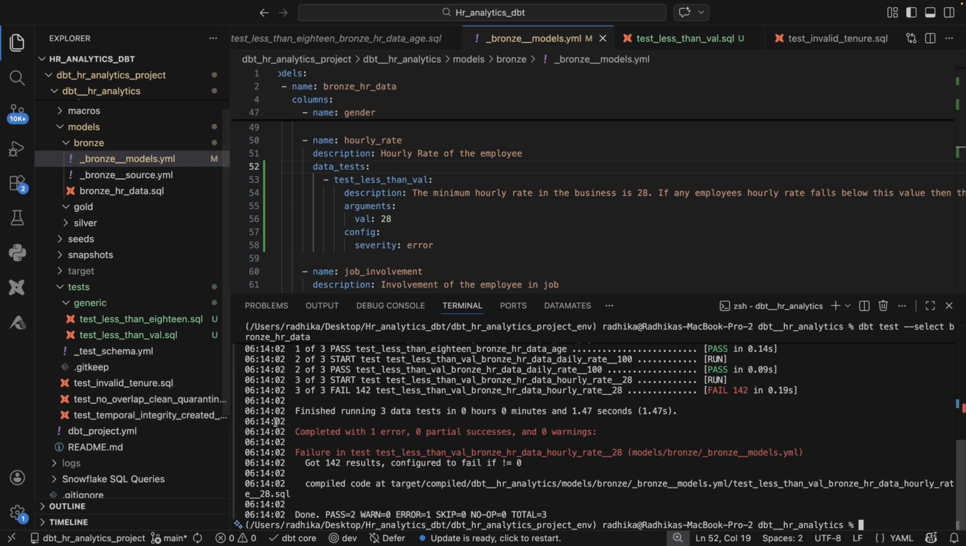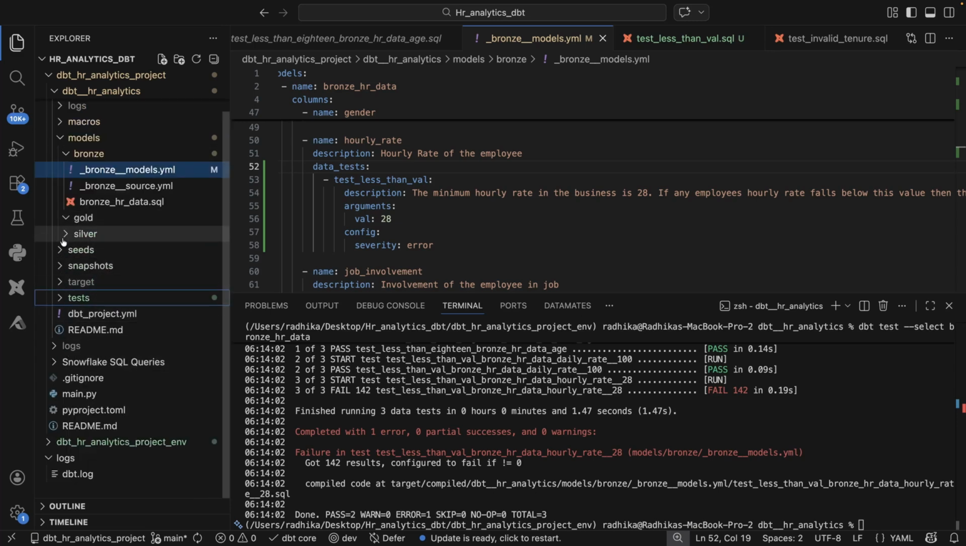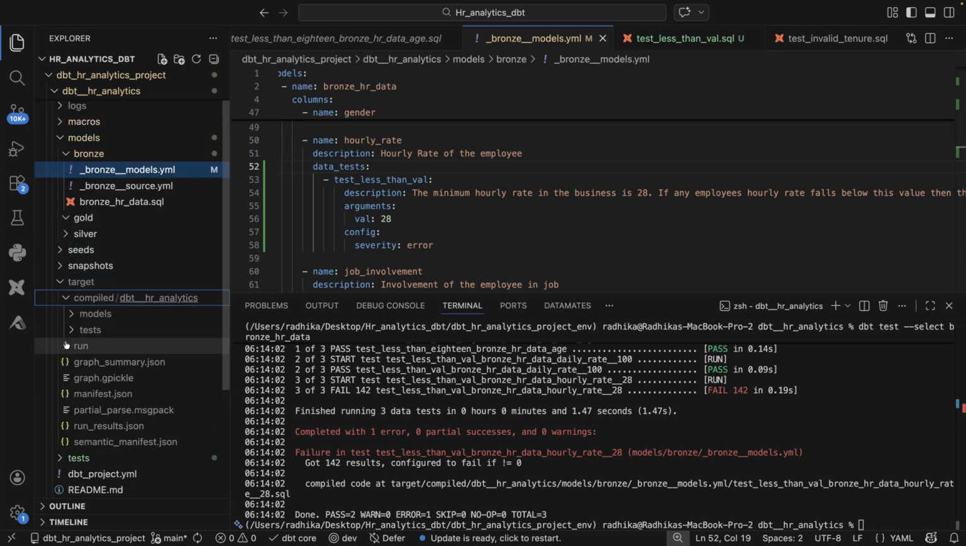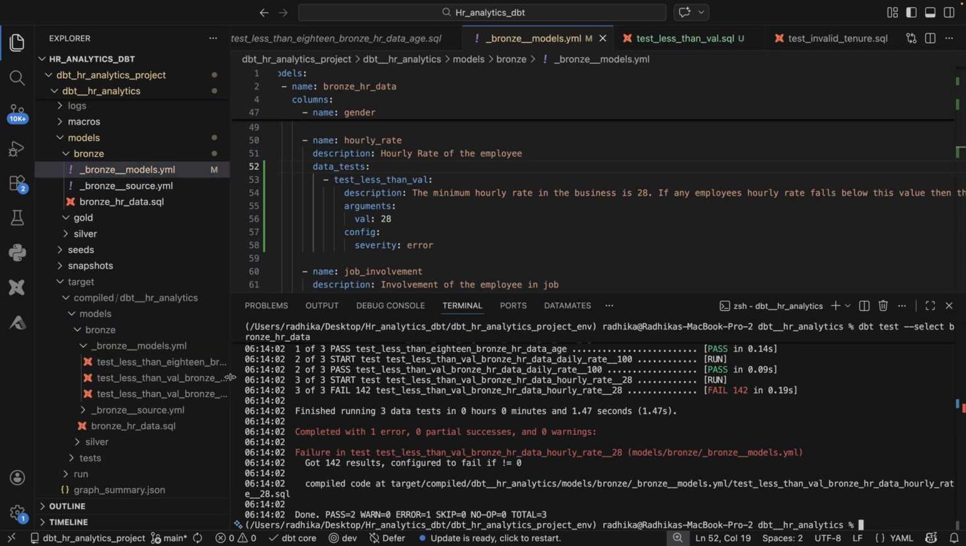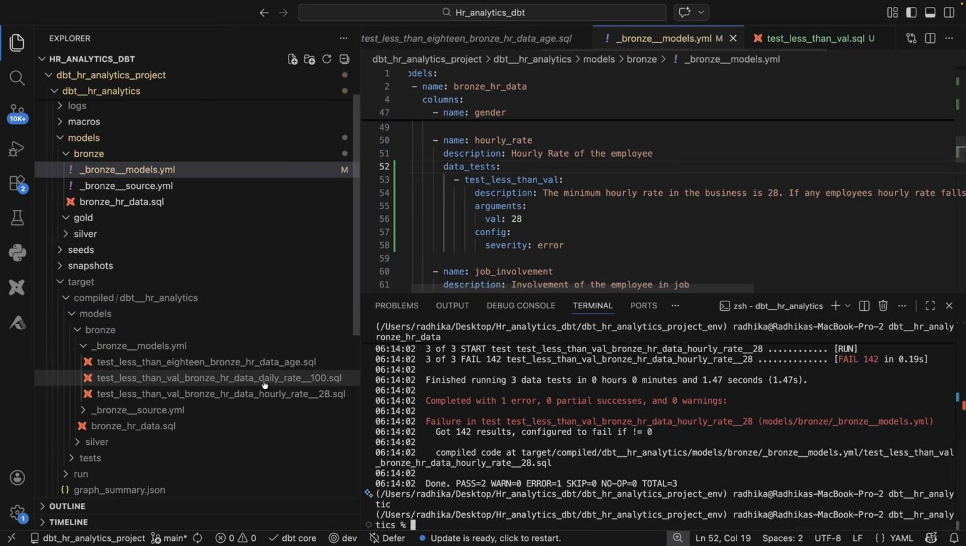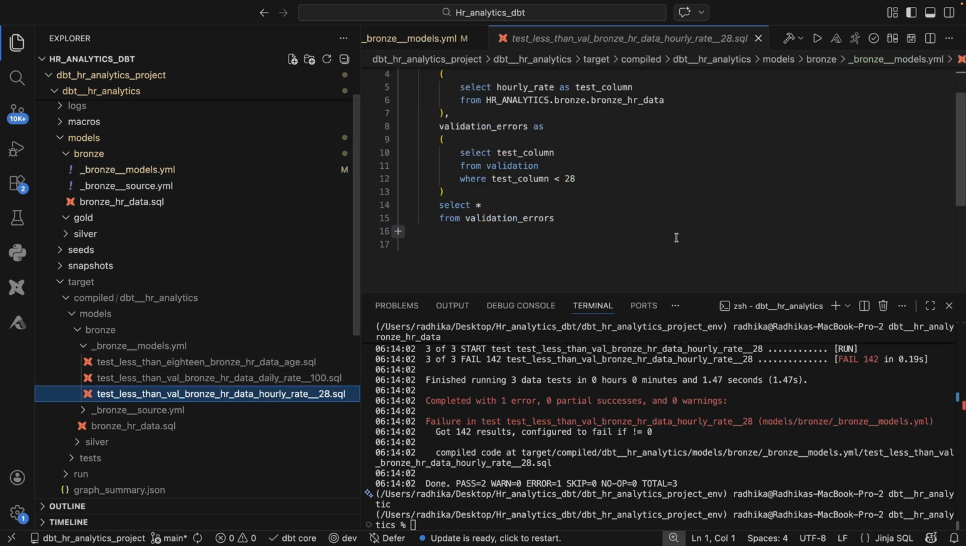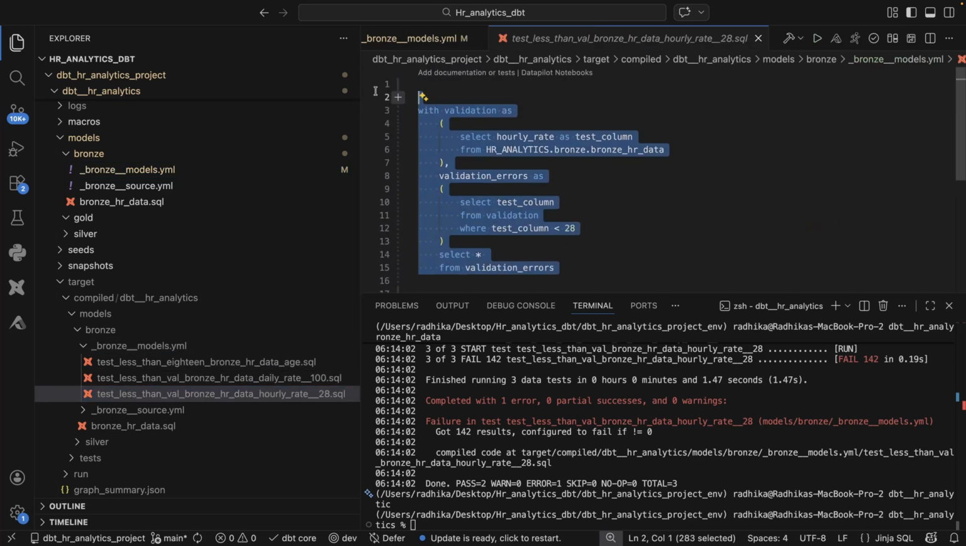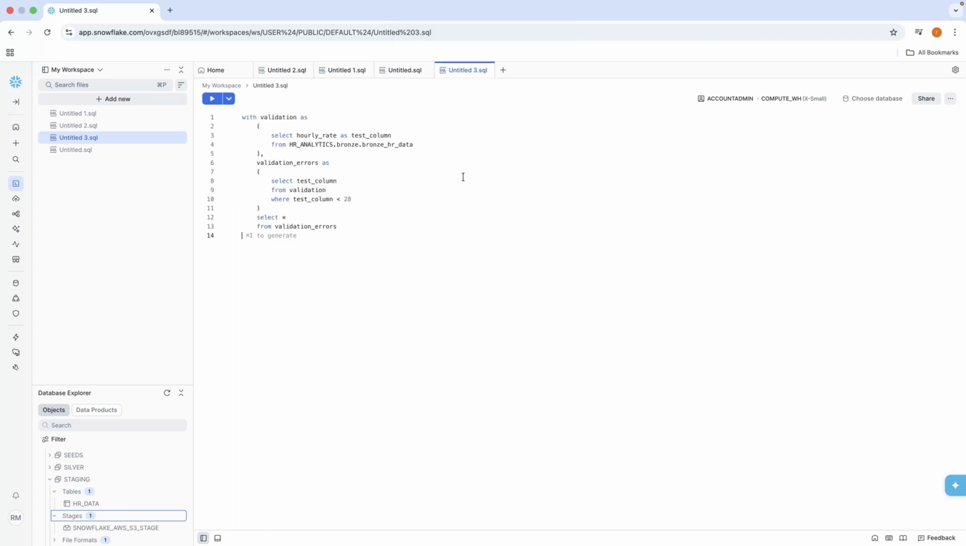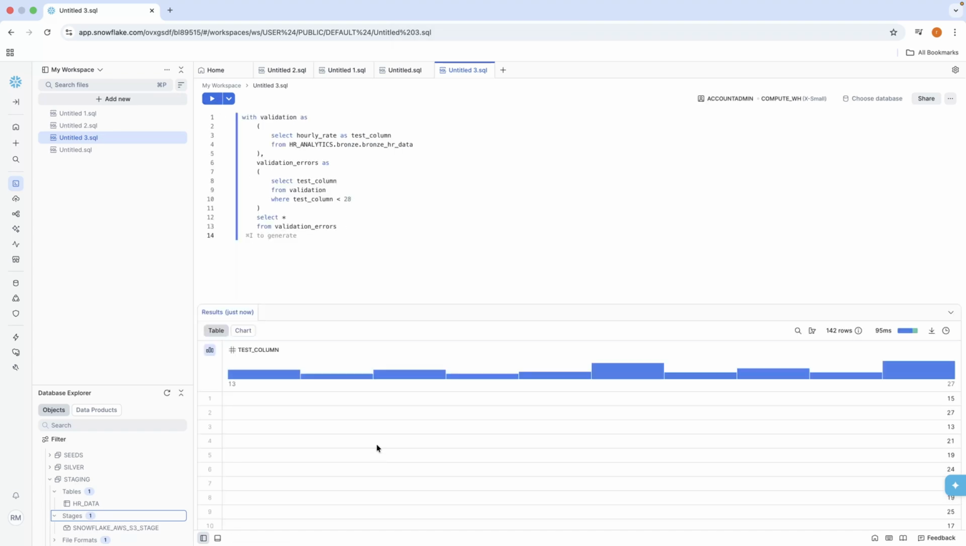And if we have to find out what are those rows, then we can just go to target, then compiled, and then models, bronze, and then bronze models, and then we can just go to this hourly rate query. Like, this is the compiled version, and we can just copy this, go to our Snowflake and run it over here. So you will see that these are the 142 rows flagged,